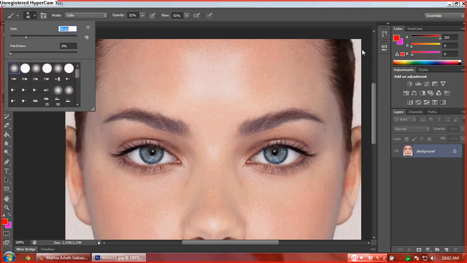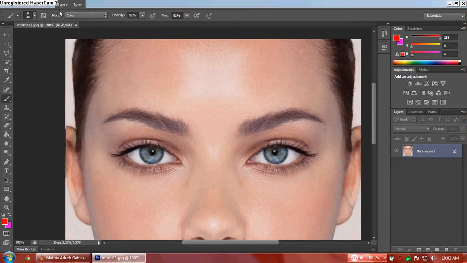Change the size into 48 pixels and change the mode into color and opacity in 52 and flow to 51 and color it in the hair. Make it perfect.